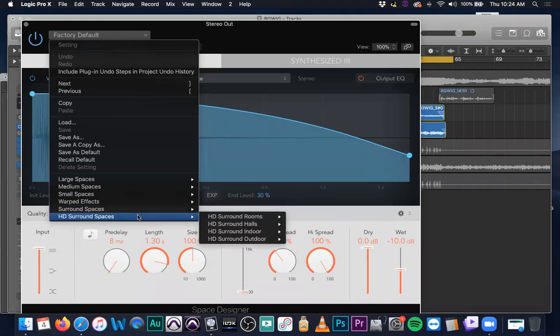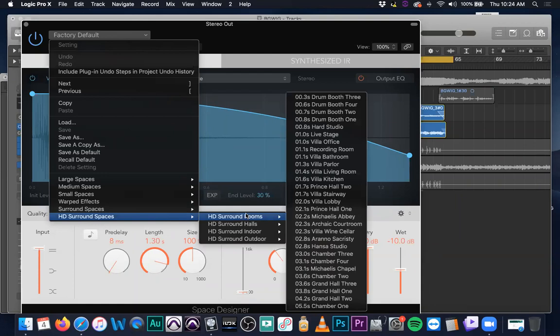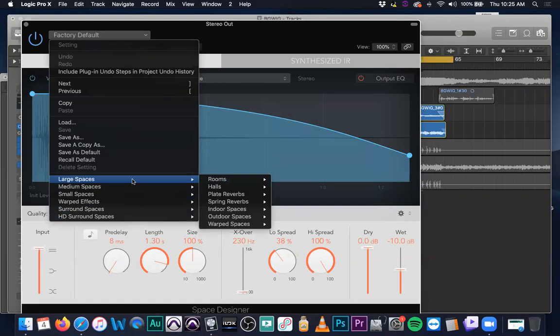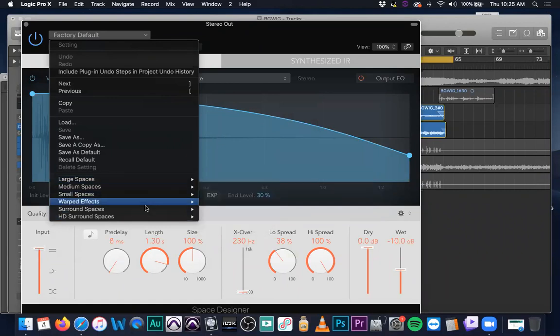And then HD spaces is interesting because, well, we're not really dealing with HD quality audio, but because HD has such good resolution and detail in it, they made a list of presets where the reverb can match that detail, where the actual little nuances of Michaelis's Hall or Michaelis's Abbey or the Villa Wine Cellar will come through. So if you're dealing with high resolution audio somewhere around 96 kilohertz or more, you could actually go into